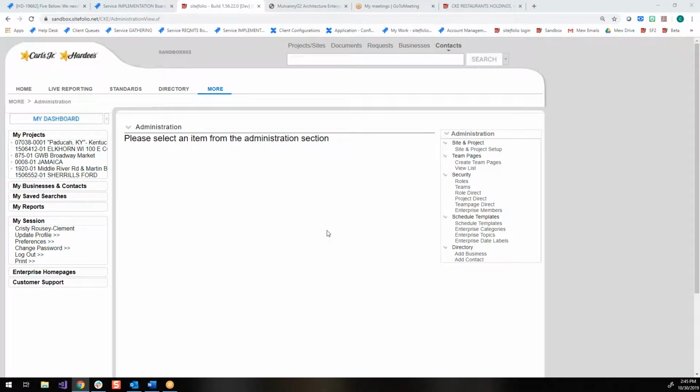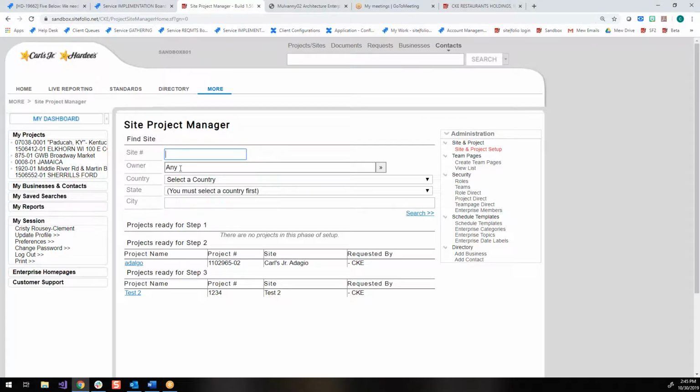So once you're there, you'll see this administration box here. And to start a new site and project, you're going to want to click on Site and Project Setup. And then we're going to come up here to these boxes where we enter in search criteria. Basically, what we want to do is make sure that there is not an existing restaurant at this address in